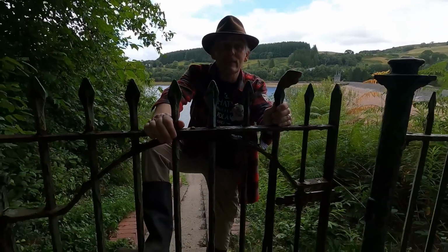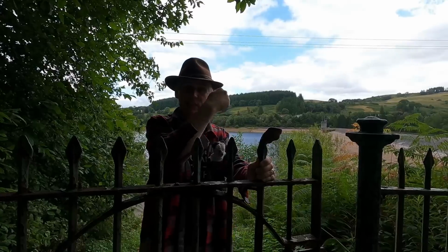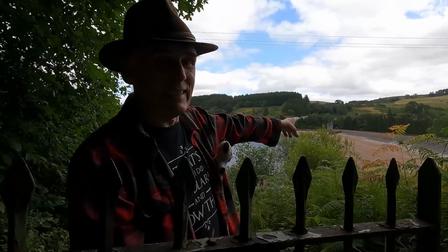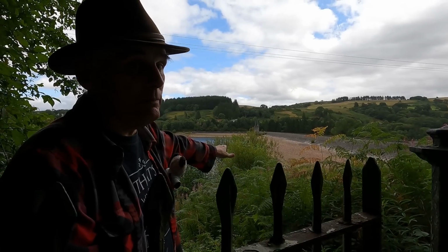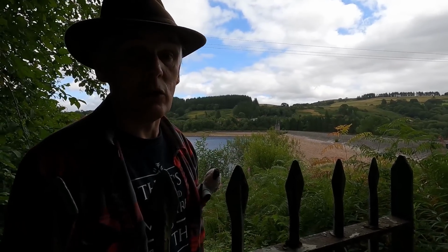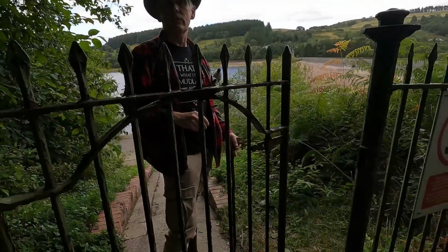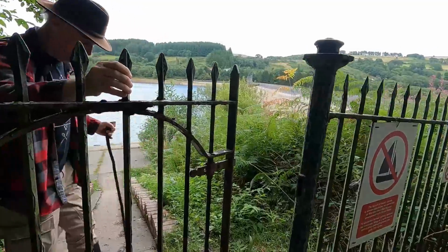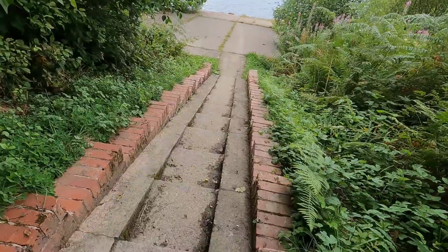Okay, wellies on. Ooh. I'm ready for action, but I won't be stepping in just by here, because we've come around to the other side so that we can see exactly how far down this water level has gone. It's much less than the 670 million gallons it's meant to hold. And also it's an excuse for me to show you this pretty gate, which I think is very nice. It is. Shall we walk through it? Come on then everyone, let's walk through the pretty gate. After you, madam. And down the steps